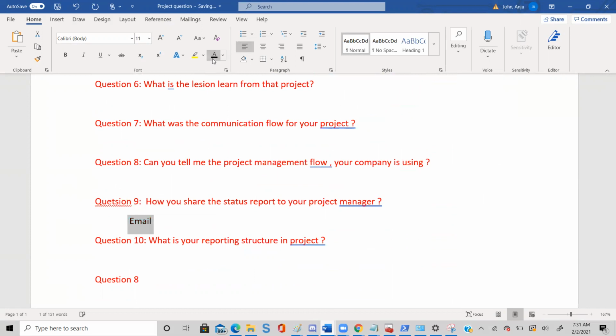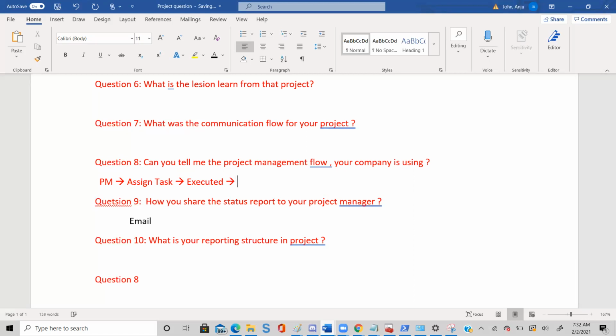Or can you tell me your project management flow? You have to tell that my project manager will assign the task to the admin engineer, and then the task is executed.